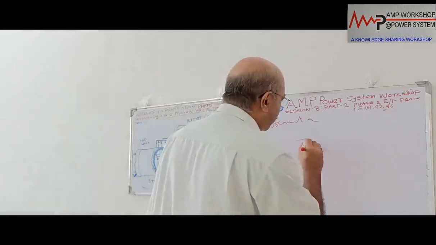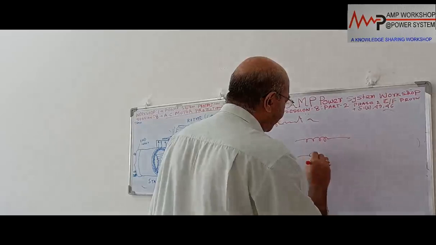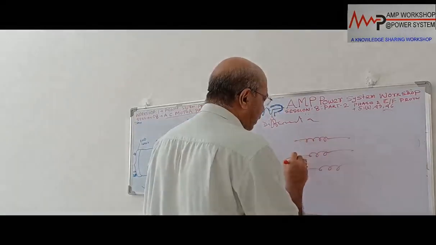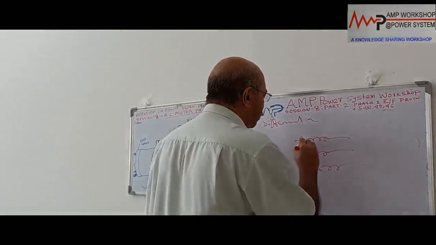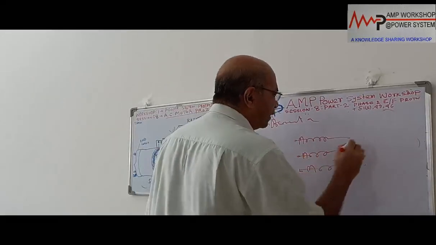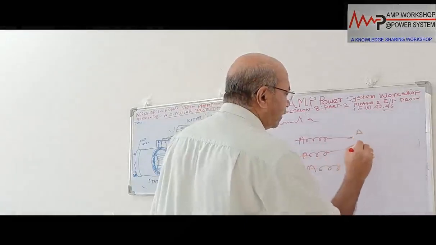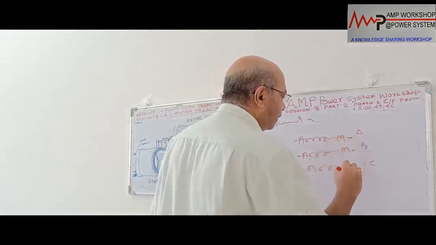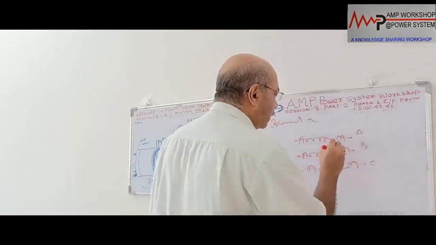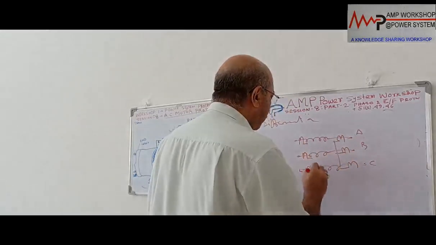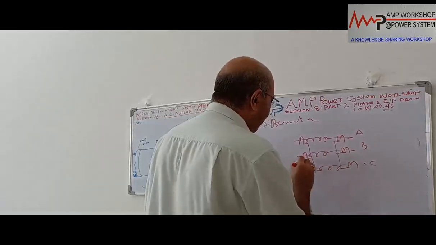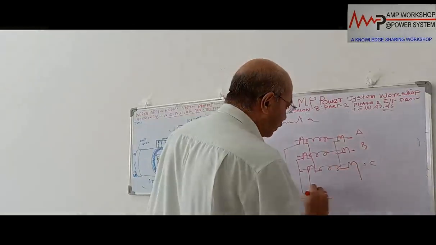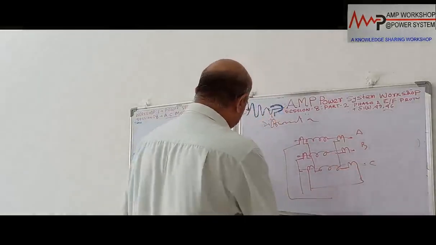So if we draw the motor winding, this is the motor 3 winding. So this is the neutral side. We have to put 3 CTs over here, and this is the line side. That is the A, that is the B, and this is the C line side. There will be 3 CTs over here. Okay, so these 3 CTs are shorted over here, and this end is coming out.